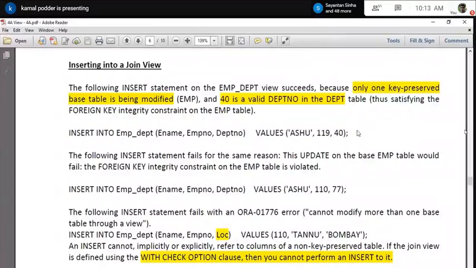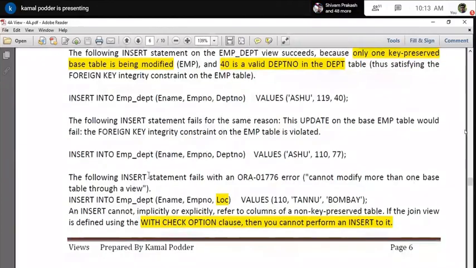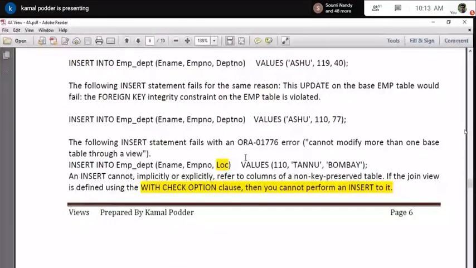If you write that in the insert statement, it will add the employee, because employee is a key preserved table. But if you see, I have written one statement where 77 is not a valid department, but I have supplied 77. In that case, what will happen? It will give a foreign key integrity constraint violation. Okay, you are not able to do that.